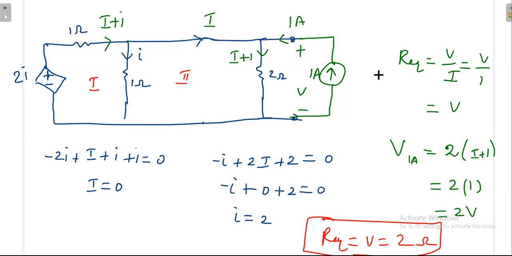So what I suggest is, instead of applying 1 ampere, you apply some I ampere, then some V will be developed. A little bit difficult, but you will get it. Finally, you have to take the ratio of V to I, then also you'll get the same answer. Just try it out later. Instead of taking one, you can take a variable also.